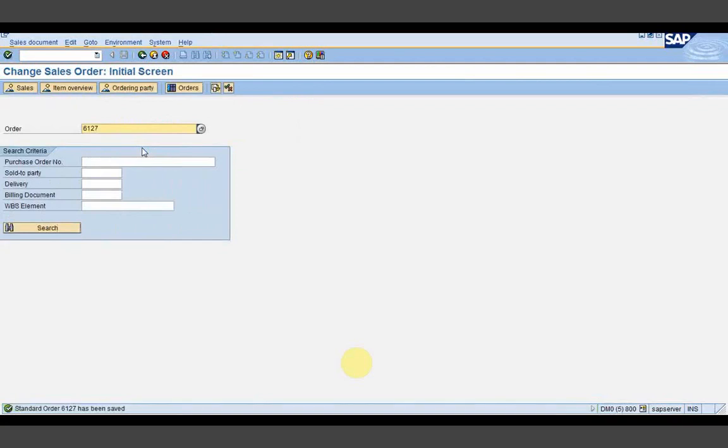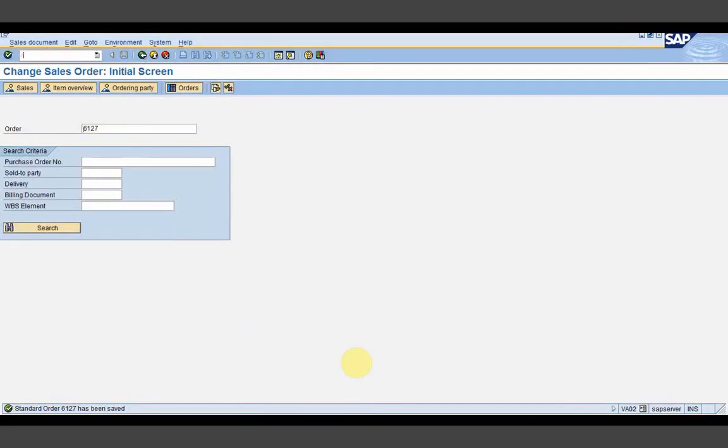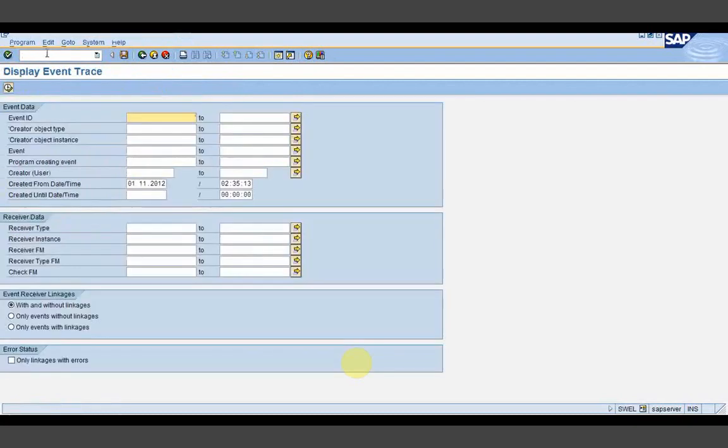Now you can see standard order 1612 has been saved. Now I will go to that particular trace. To go to that trace, you will have to give the transaction as SWEL. Just click on execute,